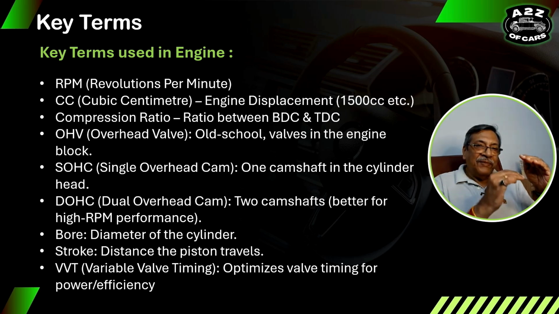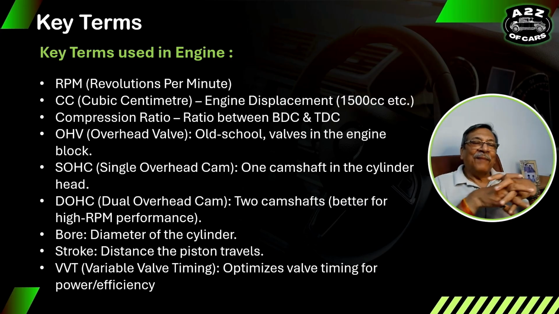So this is bottom dead center and this is the top dead center, right? So what happens? There is an air fuel mixture between this BDC and TDC, which is compressed. From BDC, the compression has happened up to TDC. So this is called compression ratio,